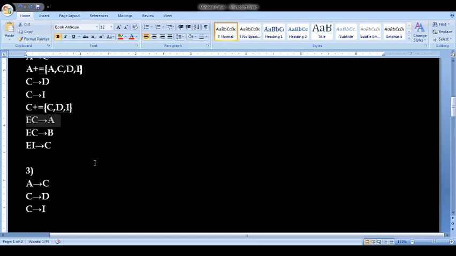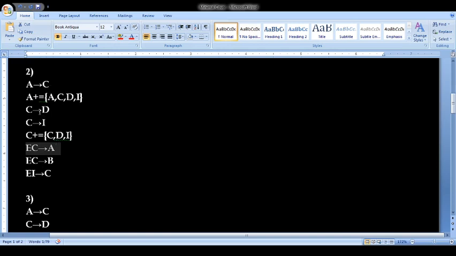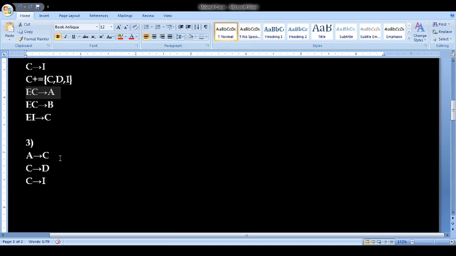Now go to this step. Just ignore this and try to find EC closure. Here EC closure will give EC, then you will get B, and with this EC and B, from C you can get D and I. Okay, but in none of the cases are you able to get A. So by ignoring this functional dependency in EC closure, you are not able to get A. Okay, so it means this functional dependency is also required. That has to be written.